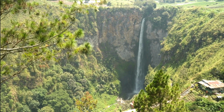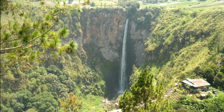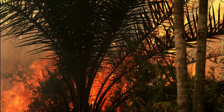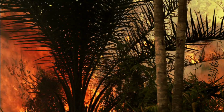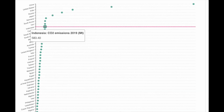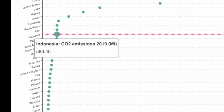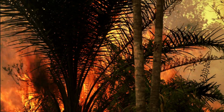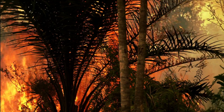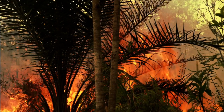Indonesia meets half of the world's demand for palm products. Recently in Indonesia, 10,000 miles were scorched to prepare for more plantations, creating an estimated 2 billion tons of greenhouse gases. When we take a look at this chart displaying where all nations' greenhouse gas emissions go, we see where Indonesia lands. This means that Indonesia, a very, very small country, is putting out more pollution than very large and industrial countries like Mexico, Egypt, Canada, and Brazil, and is literally tied with one of the biggest oil-producing countries in the